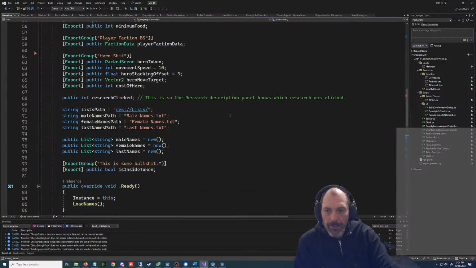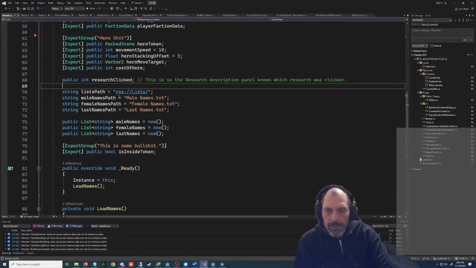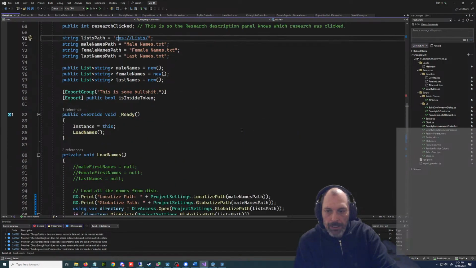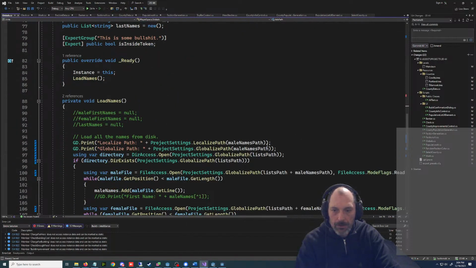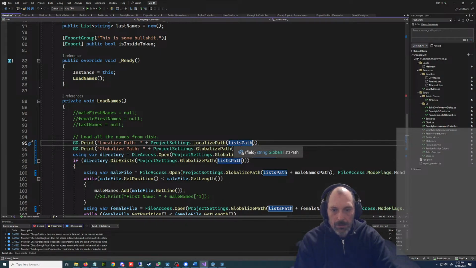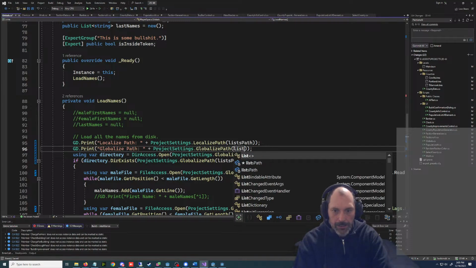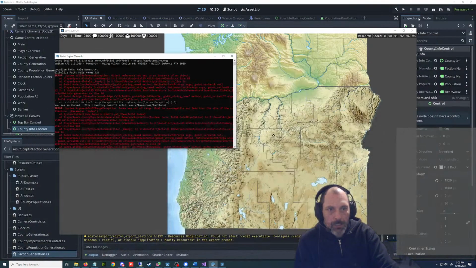What does the list path have in it? See, this has res in it, and that's what I think is going wrong here. Res is not getting converted correctly, and it's probably something I'm doing wrong.